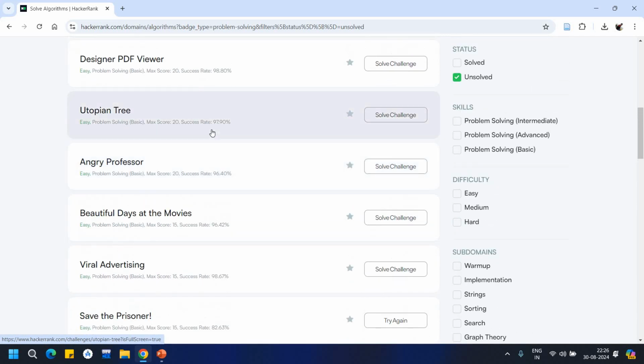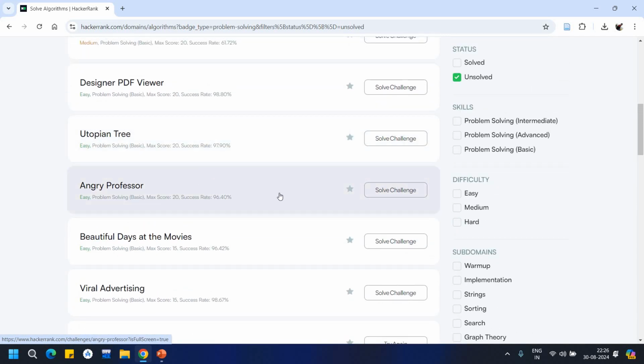I'll show you one problem statement here. We have something called the angry professor. This is an easy category problem statement from the problem solving category basic, has a maximum score of 20 marks, and it has a success rate of around 96.40%. So I'll click on solve challenge,